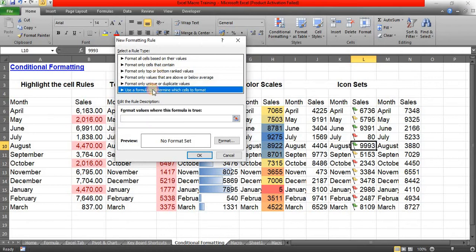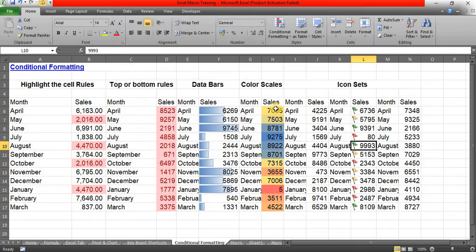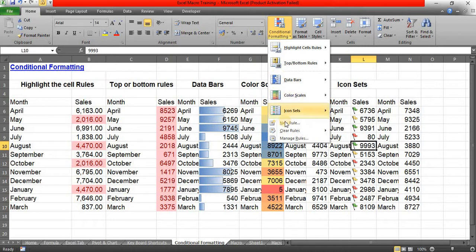Also here you can use formulas, any kind of formulas. Whatever formulas you use in Excel, you can apply the same formulas here, like an IF condition, or ISNUMBER. Anything you can use here. Then you can change the format and do any operations.